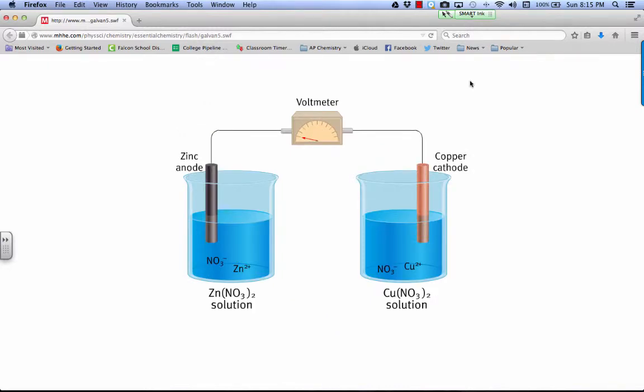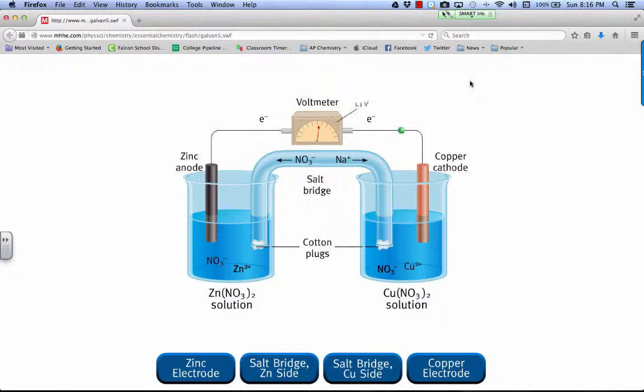A galvanic cell is a spontaneous electrochemical cell in which electricity is produced by means of a spontaneous redox reaction. In this cell, zinc metal will be oxidized and copper 2+ ions will be reduced. To complete the electric circuit, the solutions must be connected by a conducting medium through which the cations and anions can move. This requirement is satisfied by a salt bridge, which in its simplest form is an inverted U-tube containing an inert electrolyte, such as sodium nitrate or potassium chloride, whose ions will not react with other ions in solution